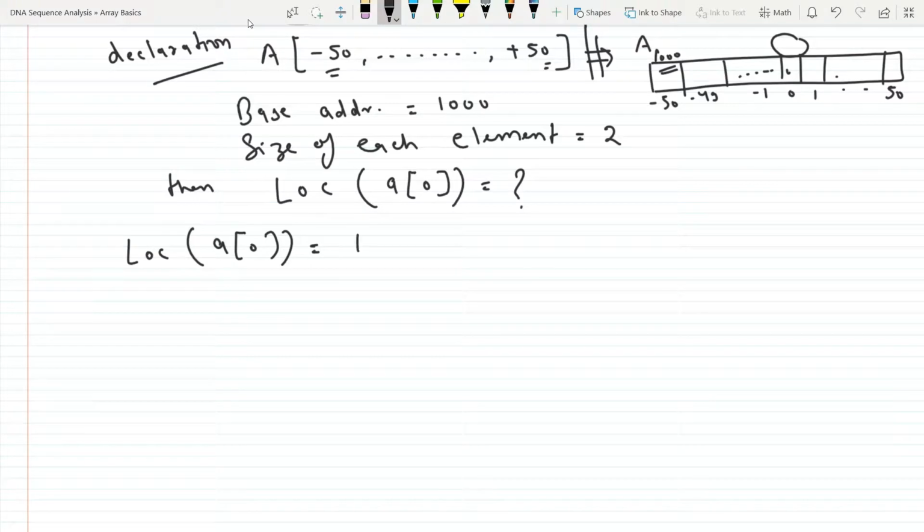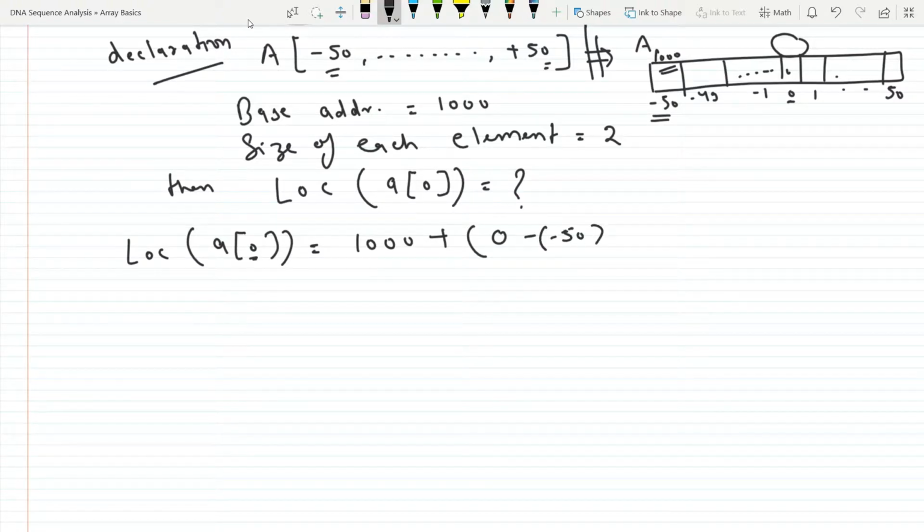So base address is what? 1000 plus, where we are supposed to go? We are supposed to go to the 0th index, because it is in the question, 0th index. Okay, minus, so what is the lower index of the array? Lower index is -50, so it is